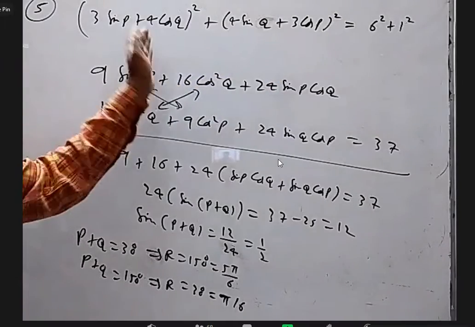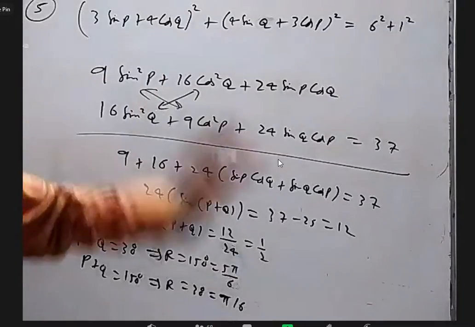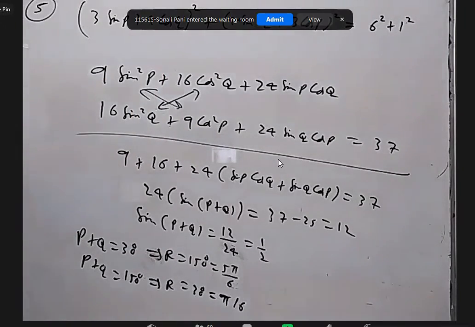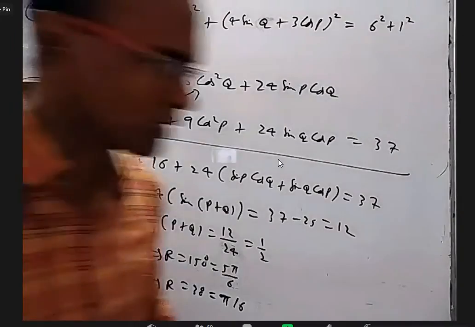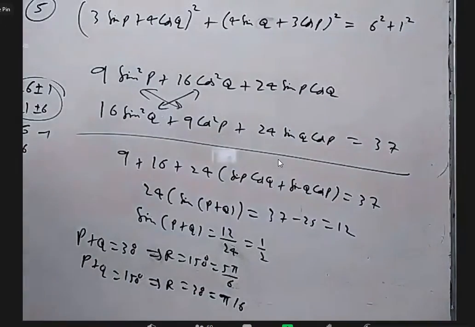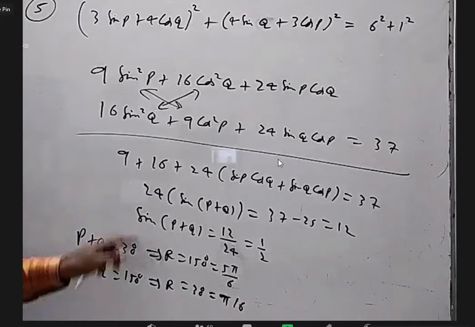Plus 6 plus 1, plus 6 minus 1, minus 6 plus 1. And not only that, what if this is 1 and this is 6? It will include that also, right? So that means after squaring and adding, we are including 8 questions' solutions in one expression. The two expressions given can be 6, 1, 1, 6, 6 minus 1, whatever it is. Basically plus or minus 6, plus or minus 1, plus or minus 1, plus or minus 6. Total 8 cases. So we are including all that. We don't know which one is the solution of which one after getting this, right?